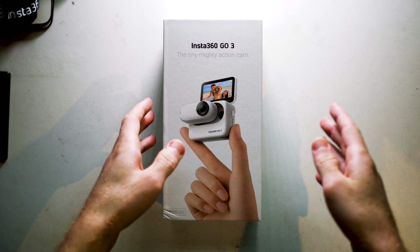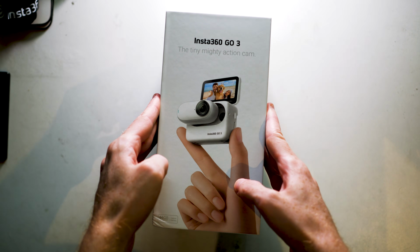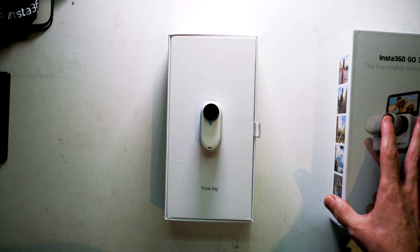Today we're going to be reviewing the Insta360 Go 3. Let's go! So yes, I've been using the Insta360 Go 3 for the past couple of weeks. This is the third generation of Insta360's tiny multi-use action camera. Lightweight, portable, can attach to pretty much anything, is super small, super light, so can go places that most other